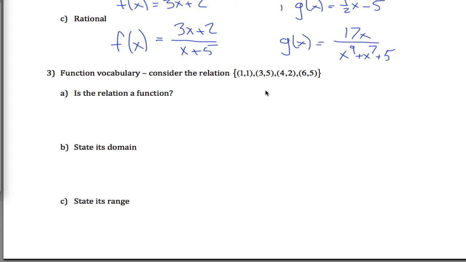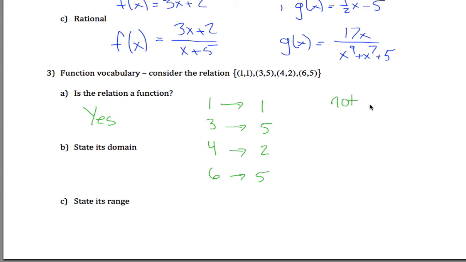And the order is very important. It's like 1 goes to 1, 3 is going to 5, 4 is going to 2, 2, and 6 is going to 5. Not all relations are functions. Only a subset of relations are functions. This one in particular is a function. The test to figure out whether it's a function or not,